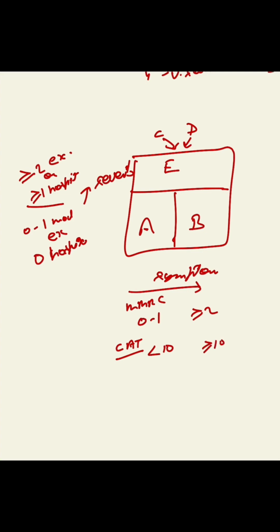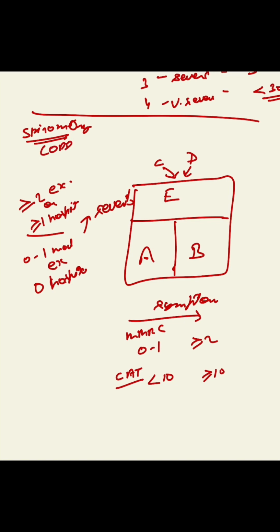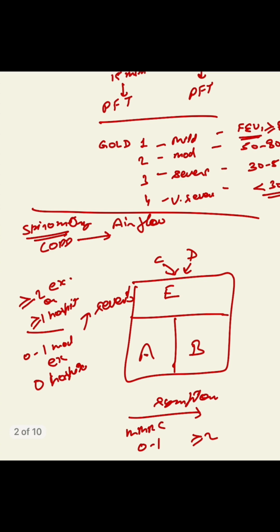So now what we see is, once we have established, first what we have to do is establish spirometrically. Of course, we can only establish the diagnosis of COPD with the help of spirometry. Once by spirometry we have diagnosed the patient as COPD, then we have to assess the airflow obstruction. Airflow obstruction has to be estimated,